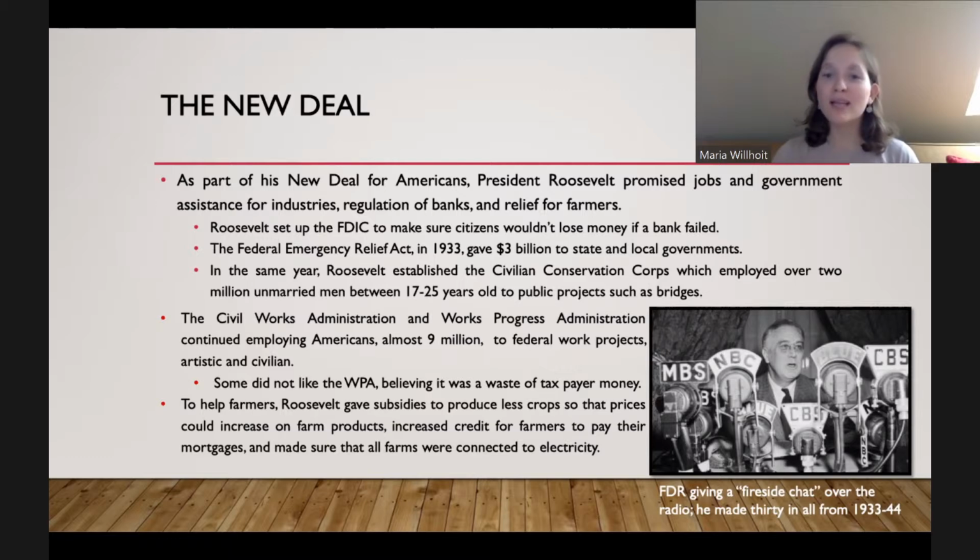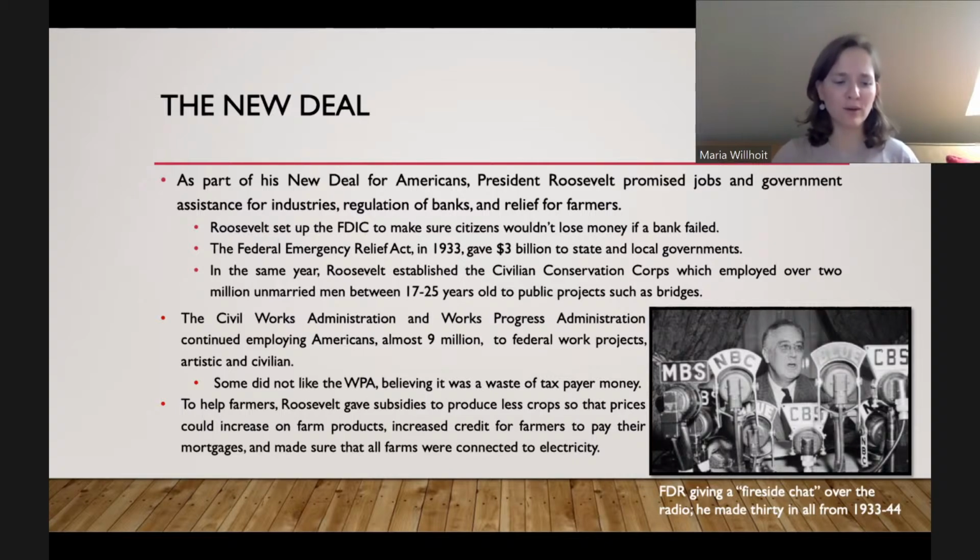Now, just so you know, not everybody likes the government just helping everybody, giving paychecks and spending a lot of money. Some people really believe that the WPA was a waste of taxpayer money, that it wasn't actually really helping the Great Depression. To be honest, economists still debate whether or not Roosevelt's policies were really helpful for the Great Depression or not. I mean, certainly it employed people, but in terms of actually getting us out of the depression, a lot of scholars say really it was the war that got us out of the depression.